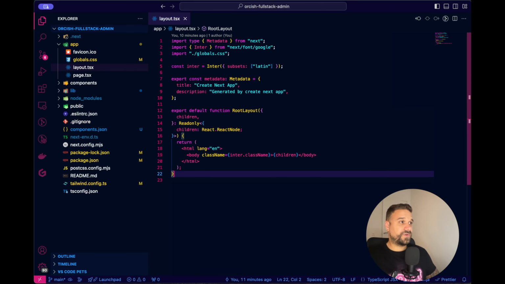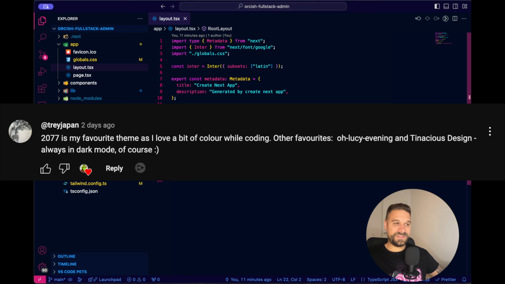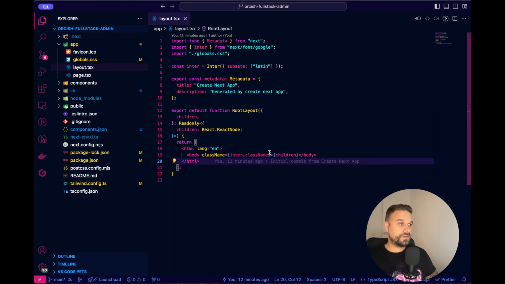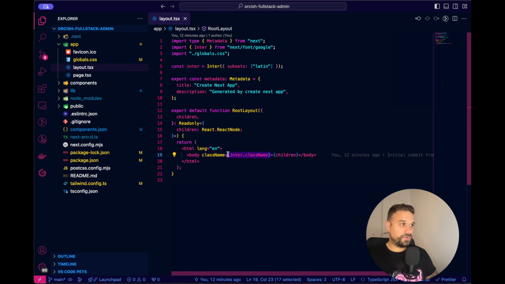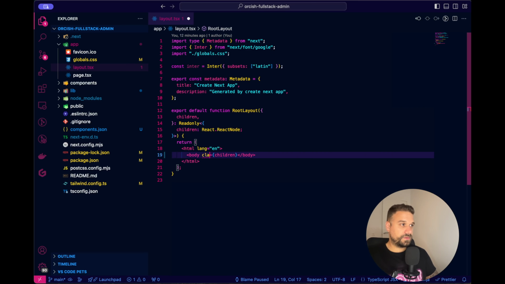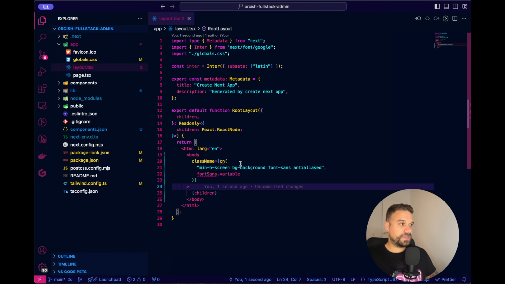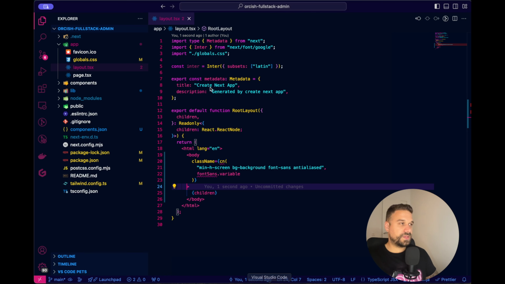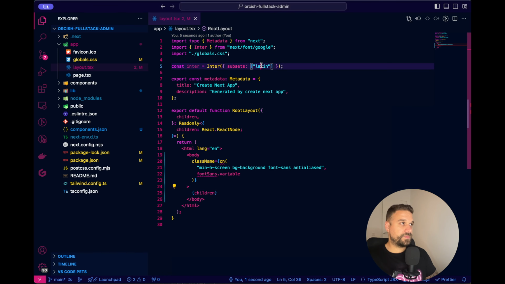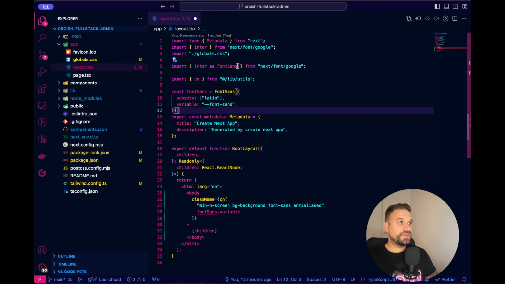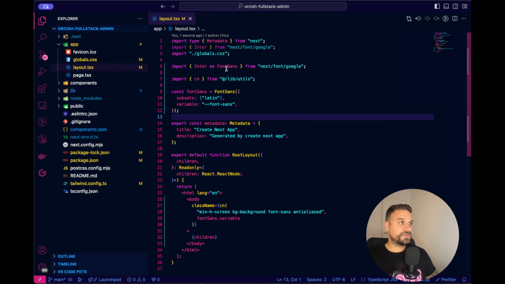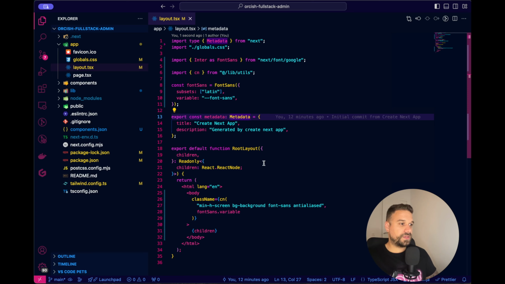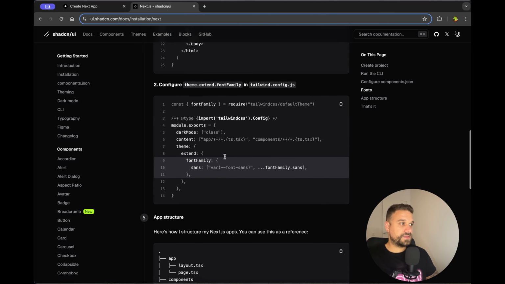Going to the layout file, and I gotta say, one member of the Horde recommended me this theme and it's awesome. Thank you, Trade Japan. Thanks, bro. Adding here the class instead of this one. Here we're adding the class name, and also we need the font and CN. So I'm replacing this whole part here like this, deleting this one,